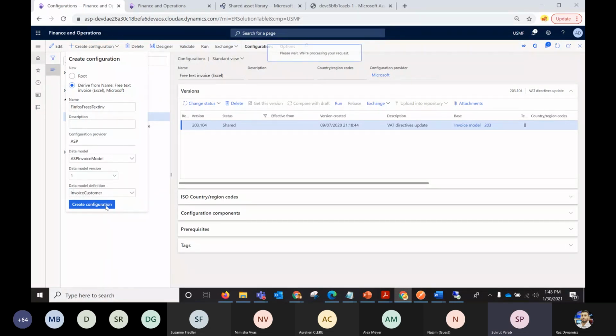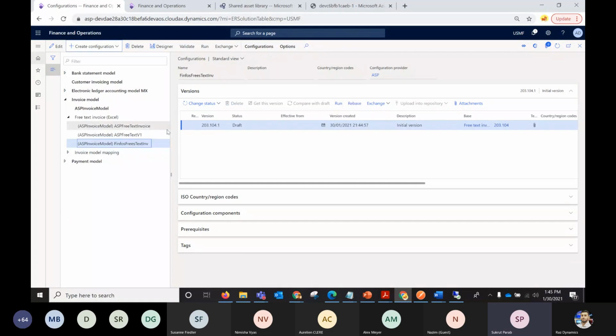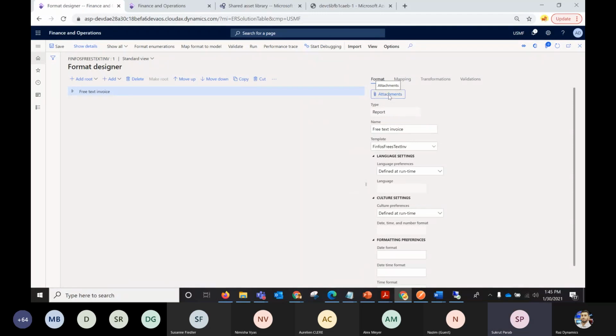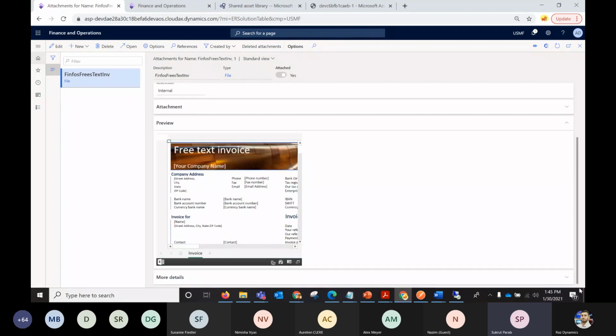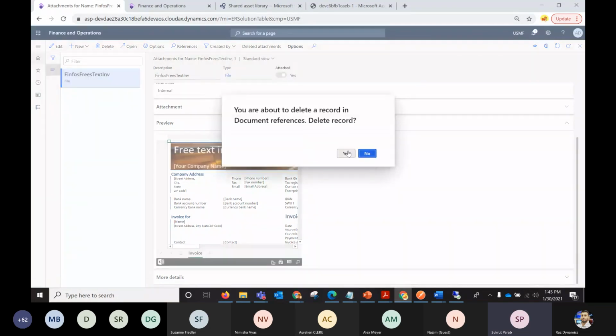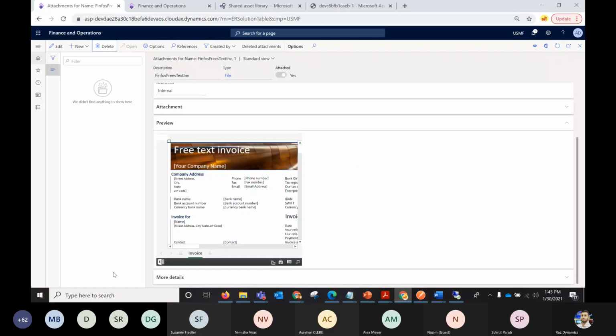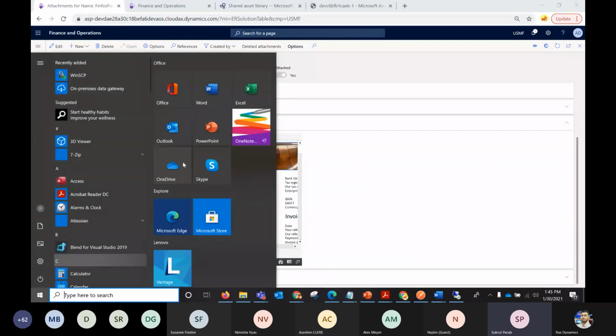Once you create this configuration, you can go to the configuration designer, and what you are going to find in the attachment is an Excel format, which is the out of the box format provided by Microsoft. Now, if you want to replace this Excel format using your own Word template, what you can do is just delete this template, go to Microsoft, open Microsoft Word,